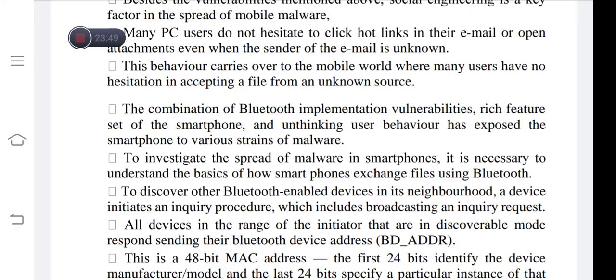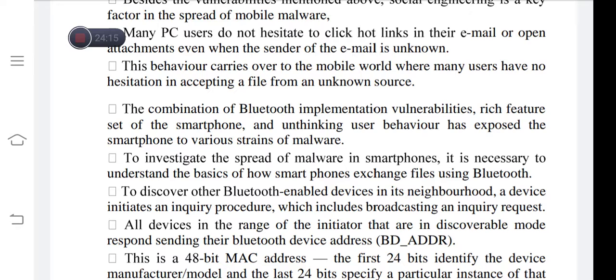So how can I send? I can send if and only if I know the address of the other Bluetooth device. The address of the Bluetooth device is represented with the variable known as BD_ADDR. BD stands for Bluetooth device, ADDR stands for address.